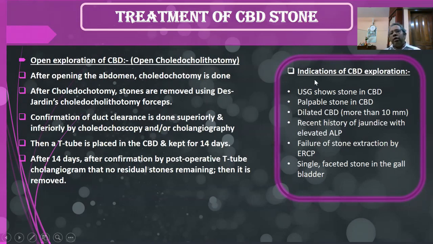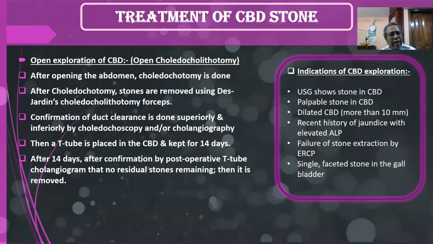But whenever you go for CBD exploration, there are some indications. So we go for CBD exploration when the ultrasound shows that there is a stone in the common bile duct, one; or during open cholecystectomy, after you remove the gallbladder, palpation of the CBD with two fingers gives evidence that there is a stone in the CBD. At that time, you must go for CBD exploration. And as written in the books, whenever there is a dilated CBD on ultrasonography, at that time you need to evaluate the CBD by exploration. Recent history of jaundice with elevated alkaline phosphatase. And whenever there is failure of stone extraction by ERCP. If you do the ERCP and it is not possible to remove the stones, at that time you go for the